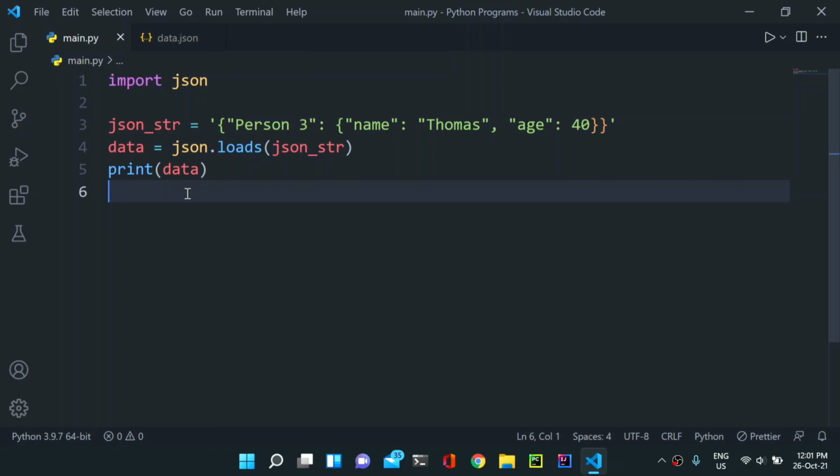So that's what we learned today. We learned how to add data to a JSON file, how to read data from a JSON file, how to write data to a JSON file, what JSON files are, and some basic stuff. These are just the basics of JSON. If you want to dive deeper, you can have a look at the documentation, and there are a lot of blogs there, so you can have a look at those. I was simply introducing you to this JSON module.